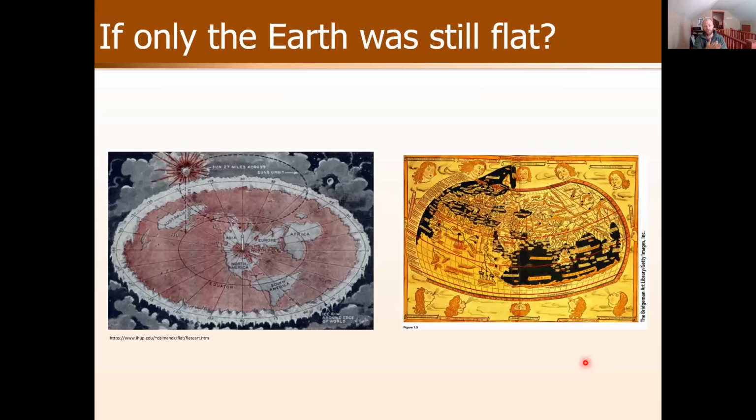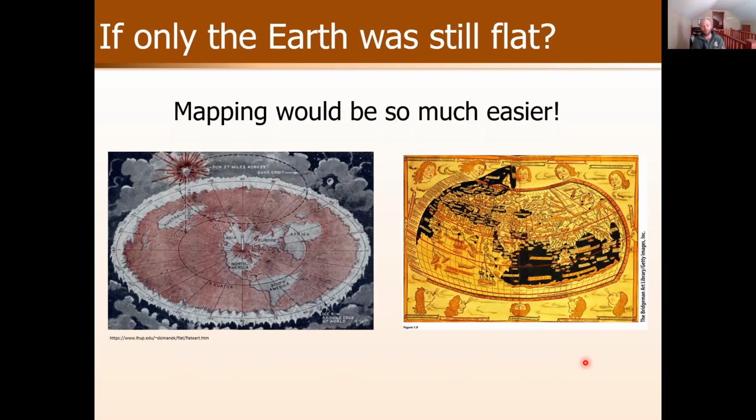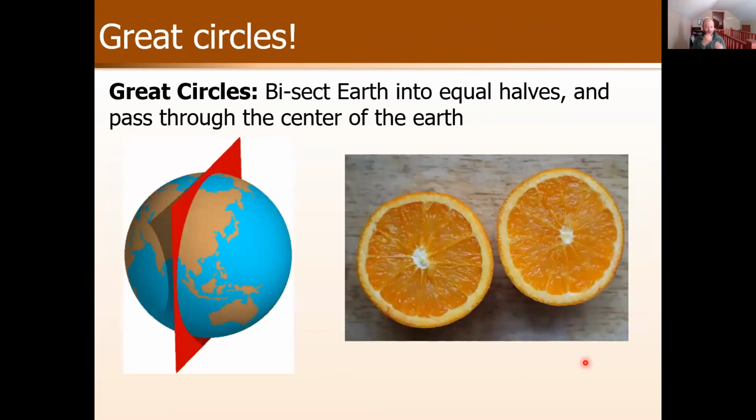All right, so some of this you may have seen in the past at some point in your educational careers, but I thought we'd start somewhere. Oh, it would be so much easier to measure and map Earth if it was flat. If Earth was only flat. Well, unfortunately, Earth is not flat. It is very much a sphere, or an oblate spheroid, as we'll learn later this semester. It is essentially, for our purposes now, a sphere, and we can then grid or subdivide Earth into different